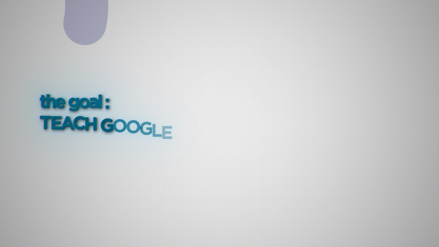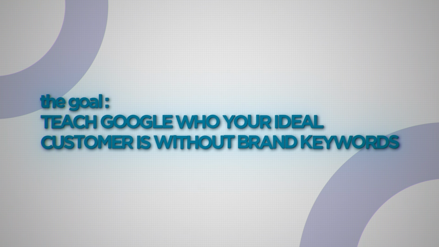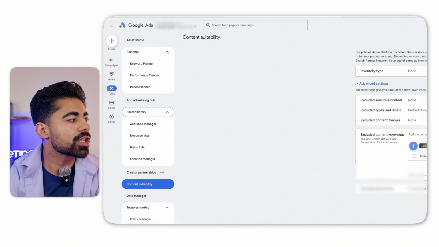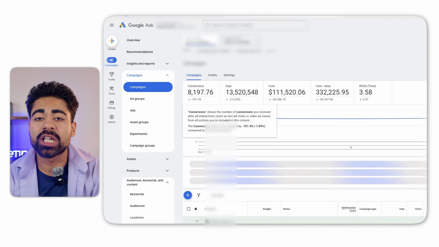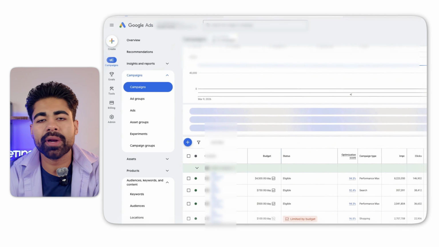The ultimate goal with this, before I show you how this works, is to train the account on a top level who your perfect customer is and to go after non-branded traffic. And the easiest way to do this is to essentially launch search campaigns and YouTube campaigns that are exclusively going after non-branded keywords. Nowadays, whenever we work with any brand under my agency, what we do is we have 80%